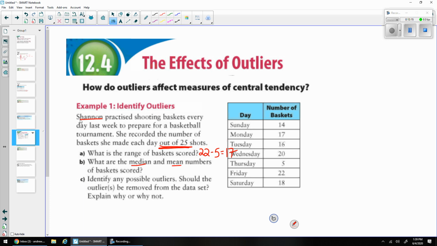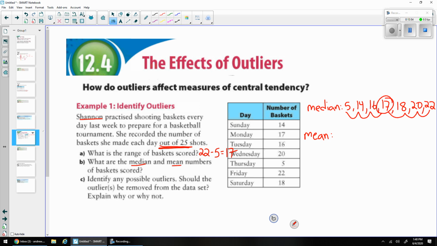Okay, so for B, let's find the median first. The median is the middle, so we're going to need to arrange these from smallest to greatest. So 5, and then 14 it looks like, and then 16, then 17, and then 18, and then 20, then 22. So which one of these is in the middle? Well, okay, 17. 17 is the median here. Okay, and the mean